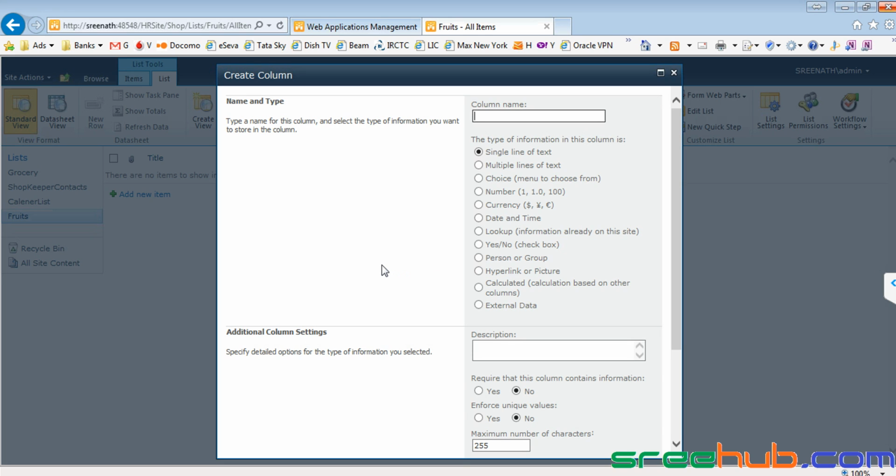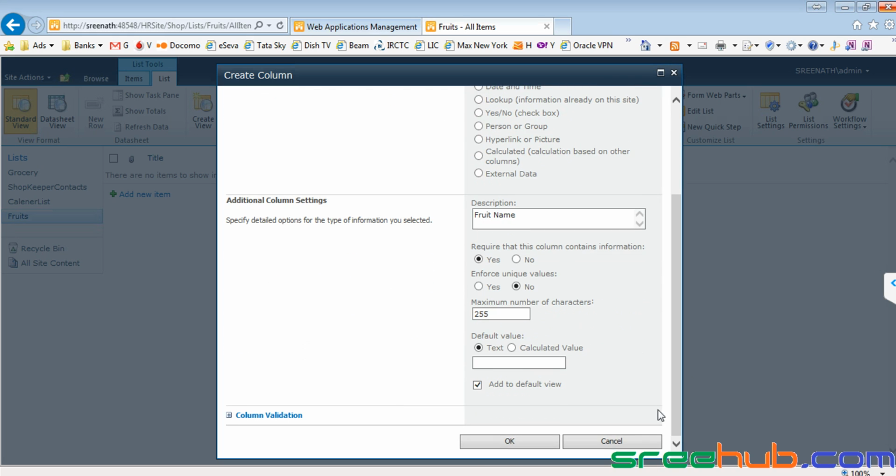Let me take the first column name as fruit name, and let it be a single line of text. Let me take the same as the description, and let us click on OK.